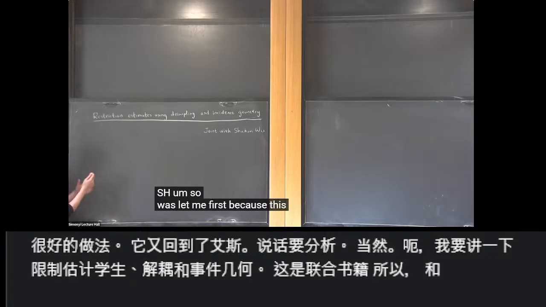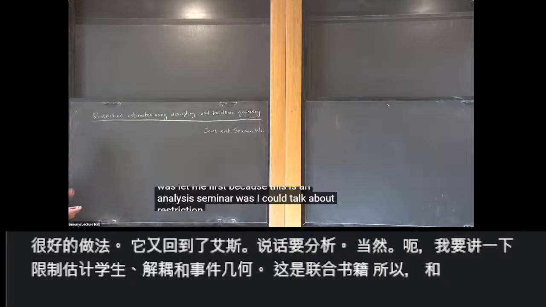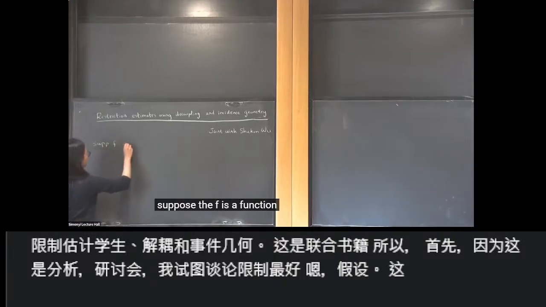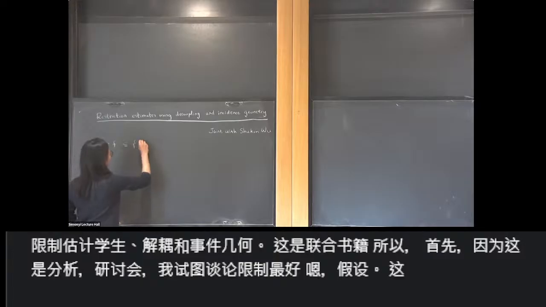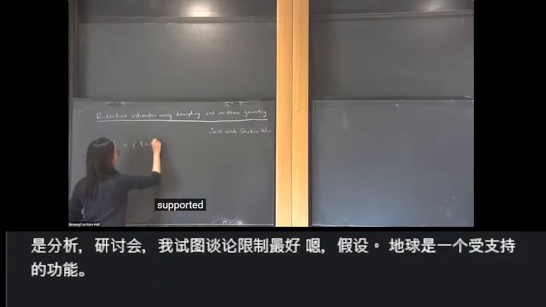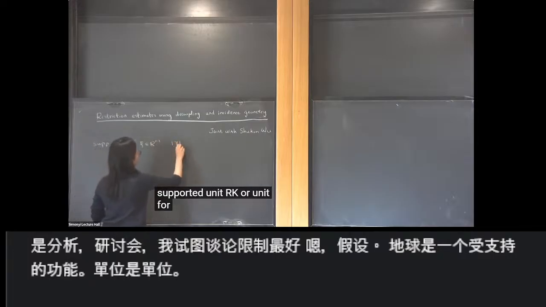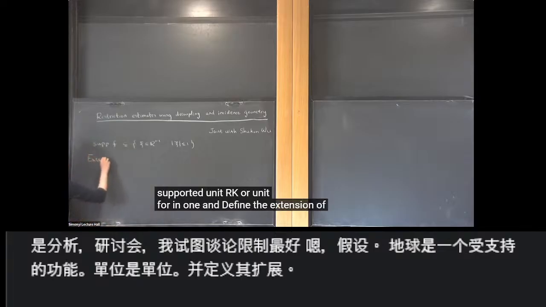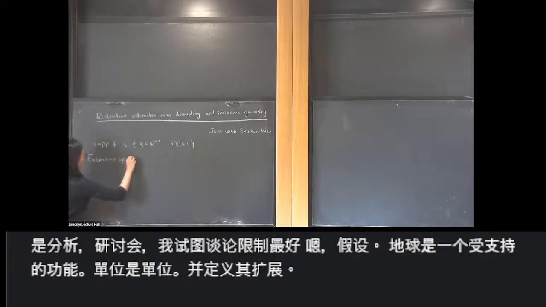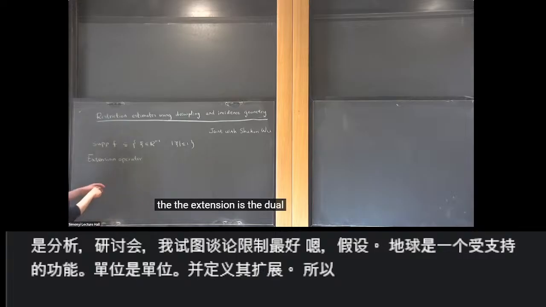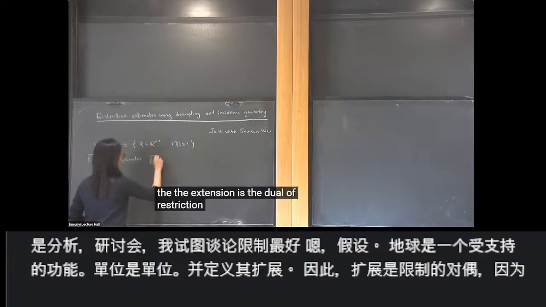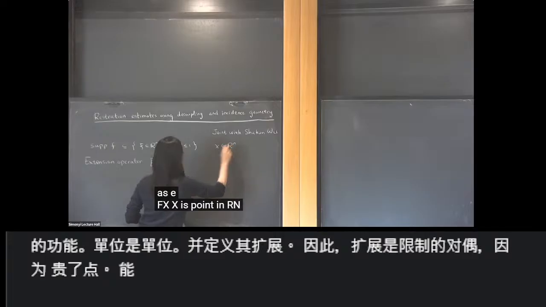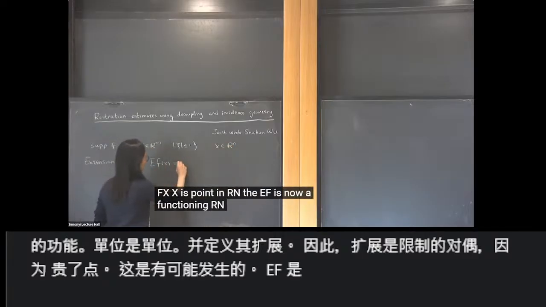Let me first, because this is an analysis seminar, try to talk about restriction first. Suppose f is a function supported in the unit disk or unit ball in R^{n-1}, and we define the extension operator. The extension is the dual of restriction as Ef(x), where x is a point in R^n. Ef is now a function in R^n defined as